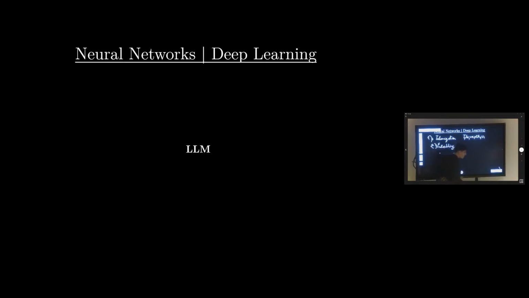So what's embedding? As I said, computer science is full of numbers. I can't manipulate words in computer science, and my neural networks only accept numbers as inputs. So how am I going to do this? I'm going to try to translate each of the tokens to a possible number. And how am I going to do this? We use what we call vector spaces. I know that a lot of you don't know yet what a vector space is, so I'm going to keep it very simple. Let's assume that I have a normal plane, and that this axis expresses the fact of being a boy. This axis expresses the fact of being a girl.